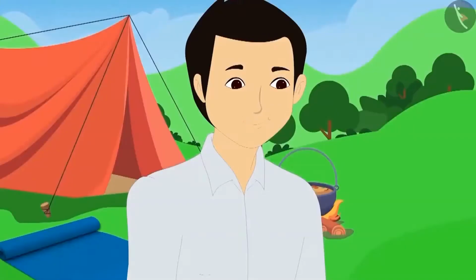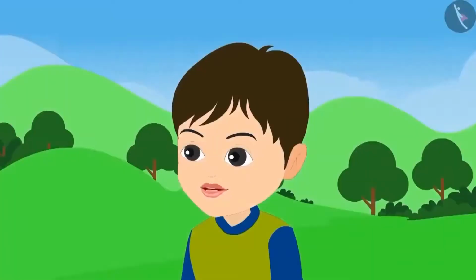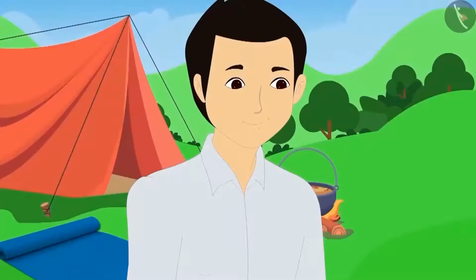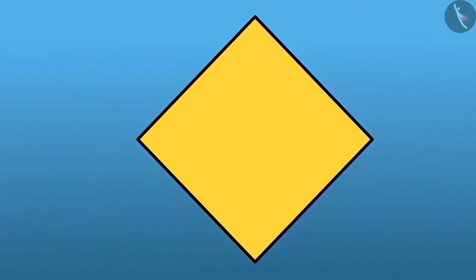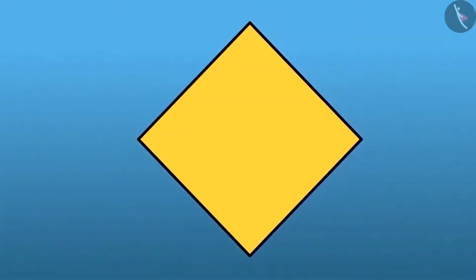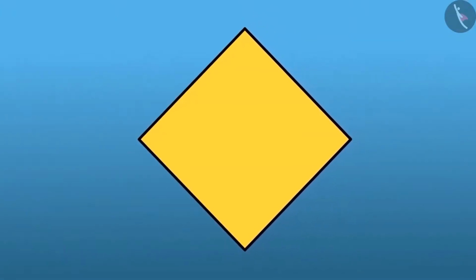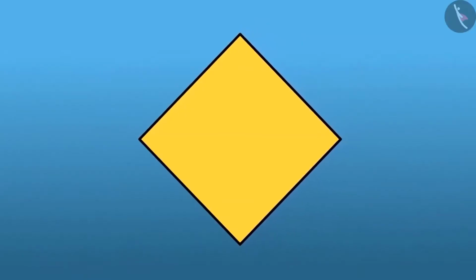Hey Bholu, don't be upset. I will help you teach to make a cat like Tom. Really, Dad? But how? Please tell me. Have patience, Bholu. I'll just be back. Seeing Bholu's excitement, his dad brings a yellow square-shaped paper. Children, you can also take a paper and learn from Bholu's dad.